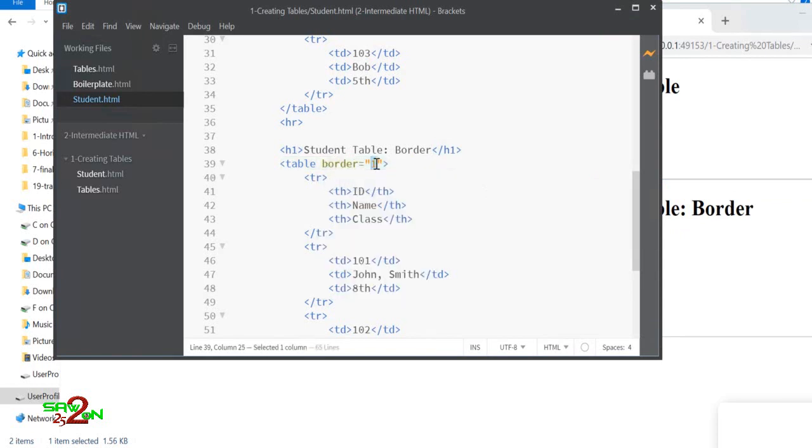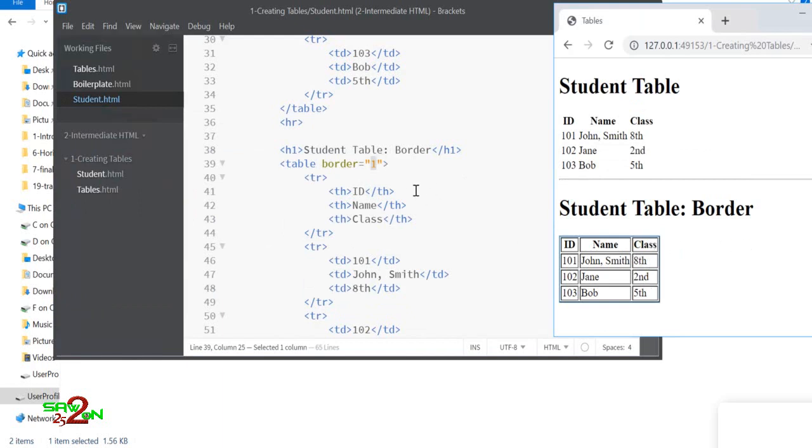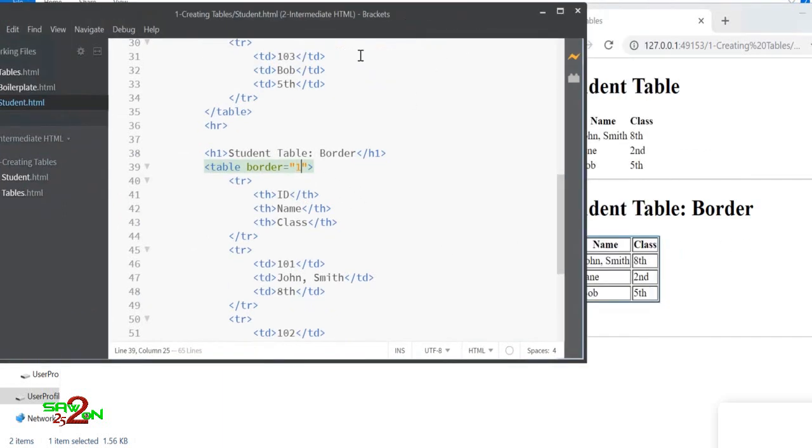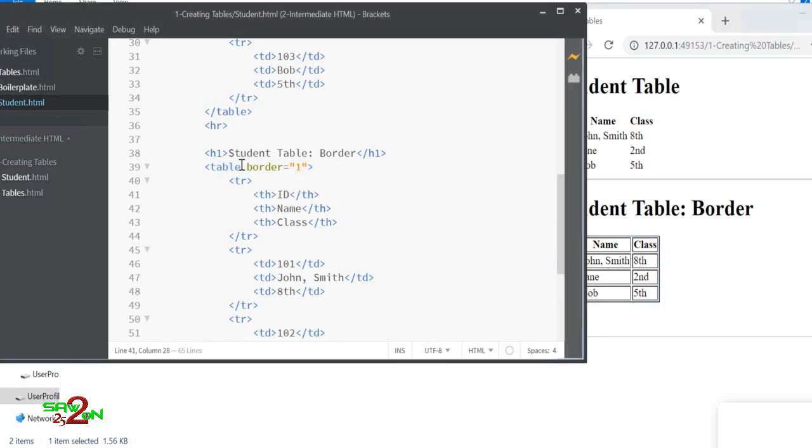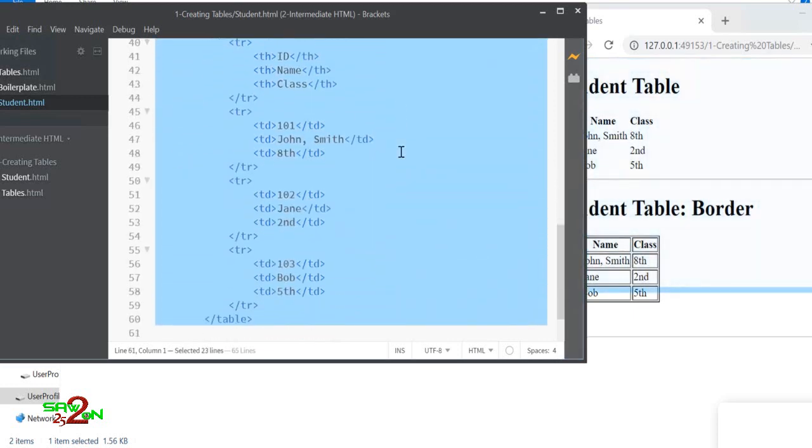You can specify the width of it, and once you say 1, the border will appear. You can increase it by 2, by 3, by 4, by 5, right? So border basically helps you to see the format of your table. What is the width, or that has been taken care of by the text, and then you can play around with it. Once you add spacing to it, then border will help you to see which space or which element or which column is basically taking that space. So one of the properties or attributes of a table is a border, using which you can add a border.